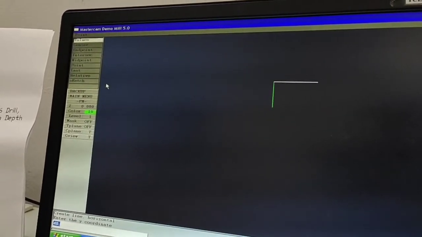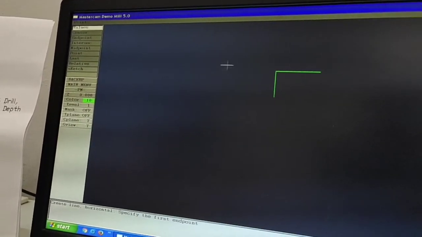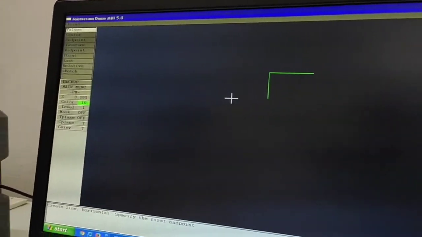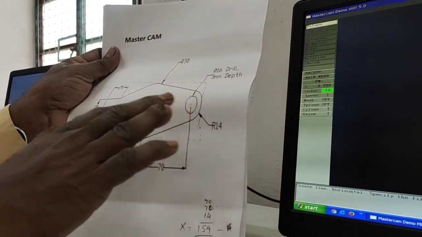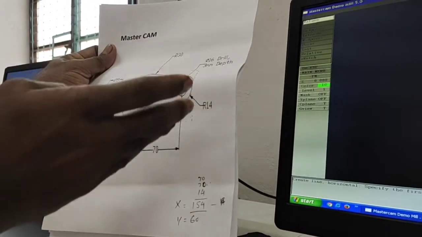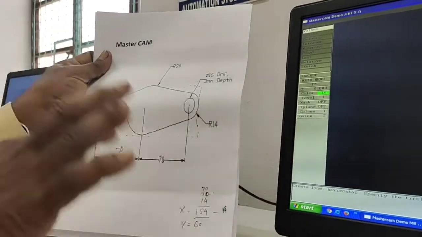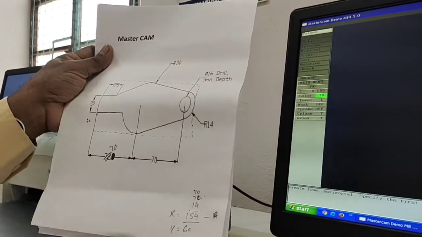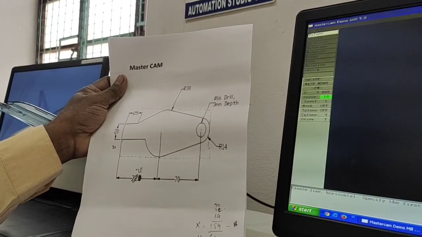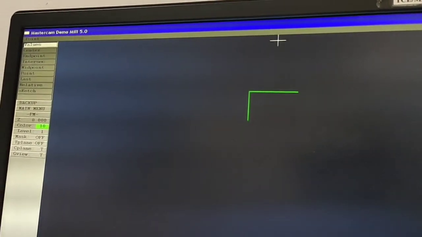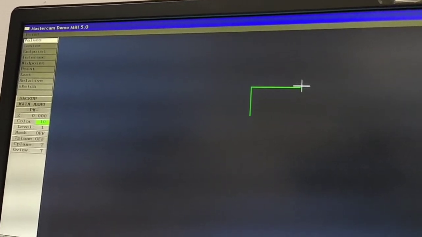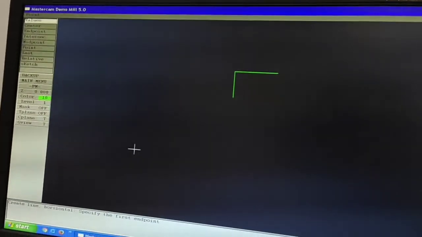So here just again enter, the green color line will be provided. The two lines only have the x data and y data, otherwise there is no end point provided. By using the master game option, all other curves are drafting. Now the line is provided randomly in one position, so I am repeating these two lines in the correct location by pressing Alt F1.